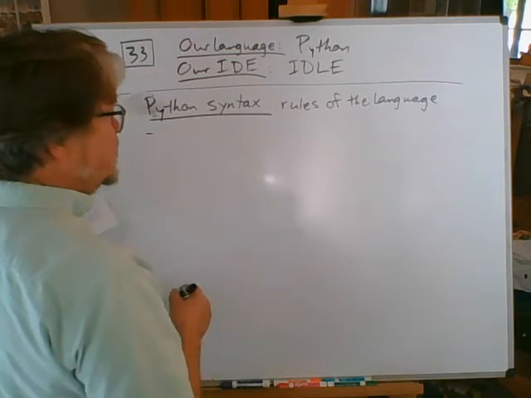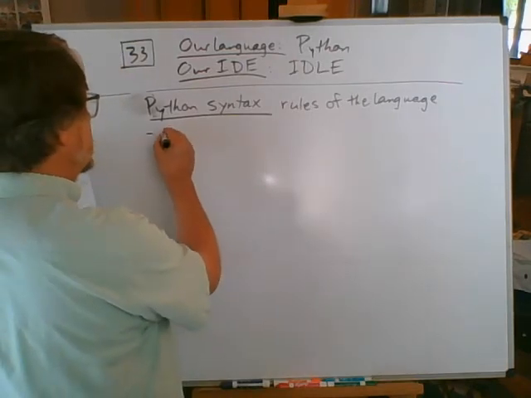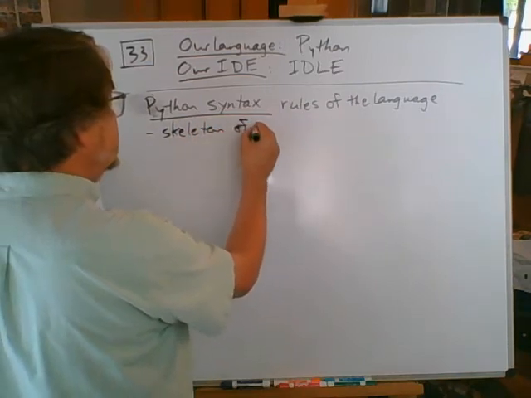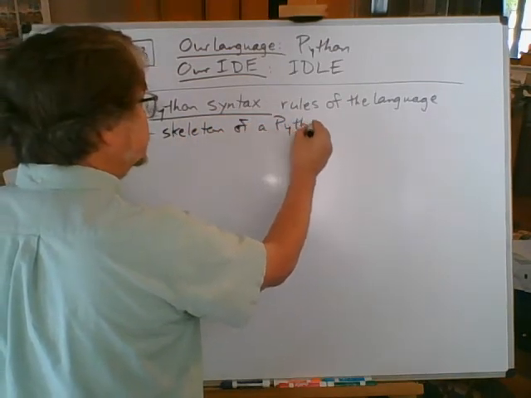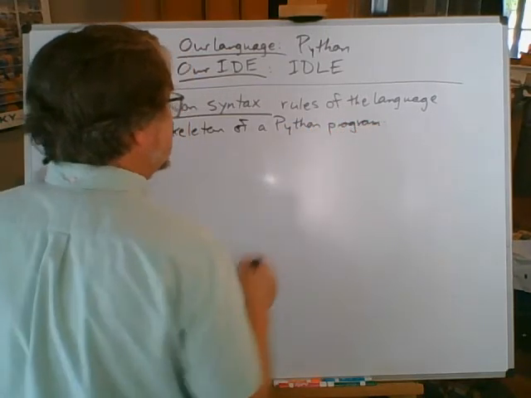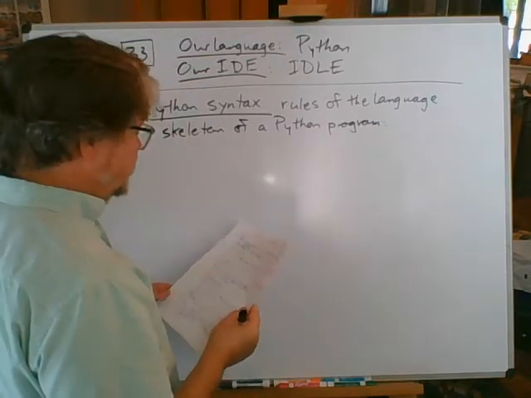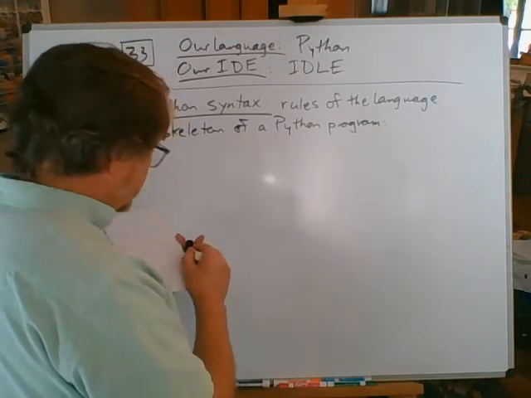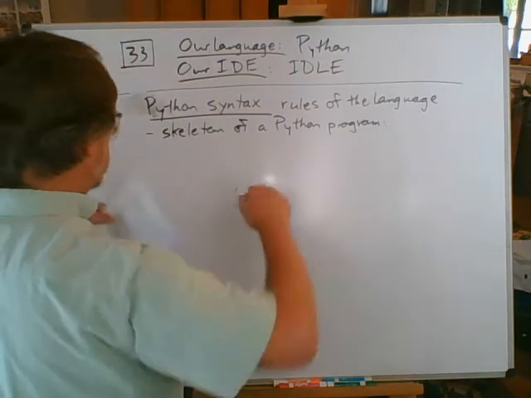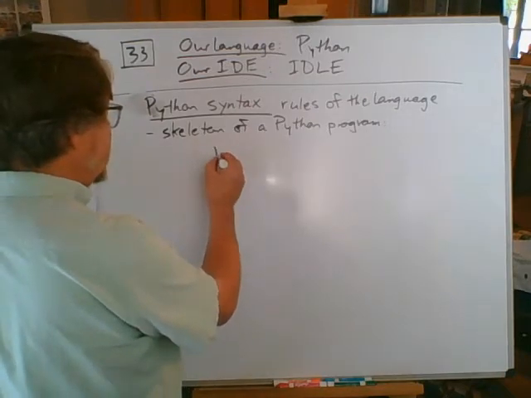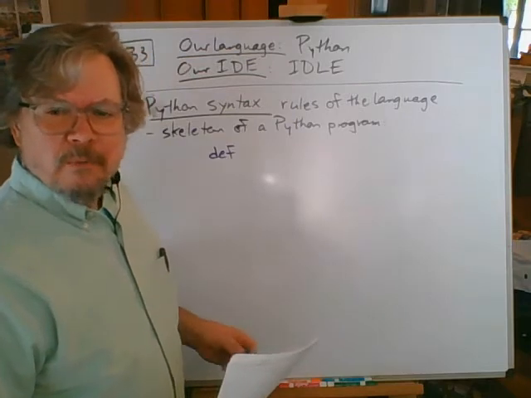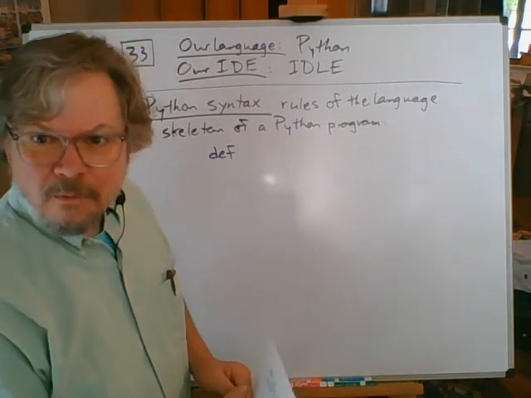Now that I've scared you into paying attention, here is what I'll call a skeleton, S-K-E-L-E-T-O-N, of a Python program. It's not complete enough even to be called an outline because there's so much more to it. But I'll change colors for actual Python syntax and hope that I get a marker that actually writes. I think purple is okay. Def, D-E-F, all lowercase. Well, it looks better if I make it a capital D. You know what? Knock yourself out.